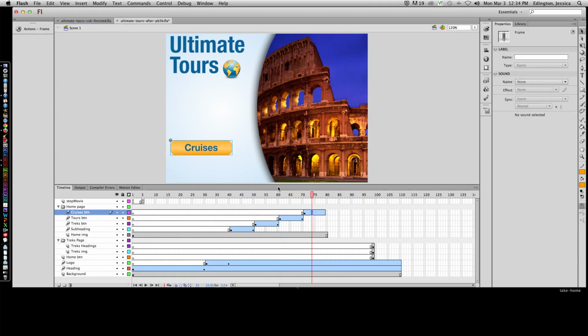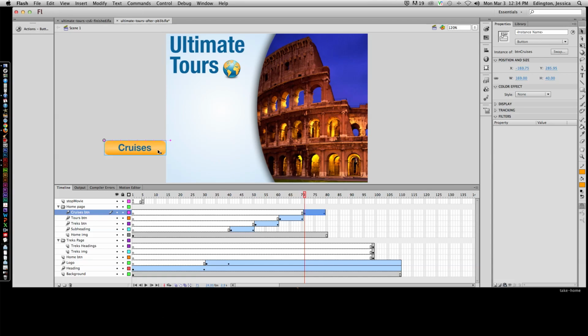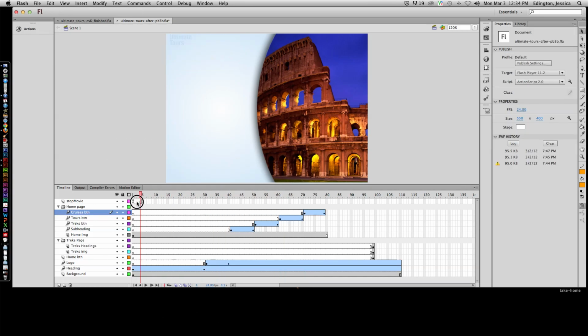Insert motion tween. Come here, the last frame, hit F6, so it keeps it steady. And then here, tell it where to start from. So now we have staggered animation. We have the heading come in, then the logo, then the subheading, and now we have the button, button, button,